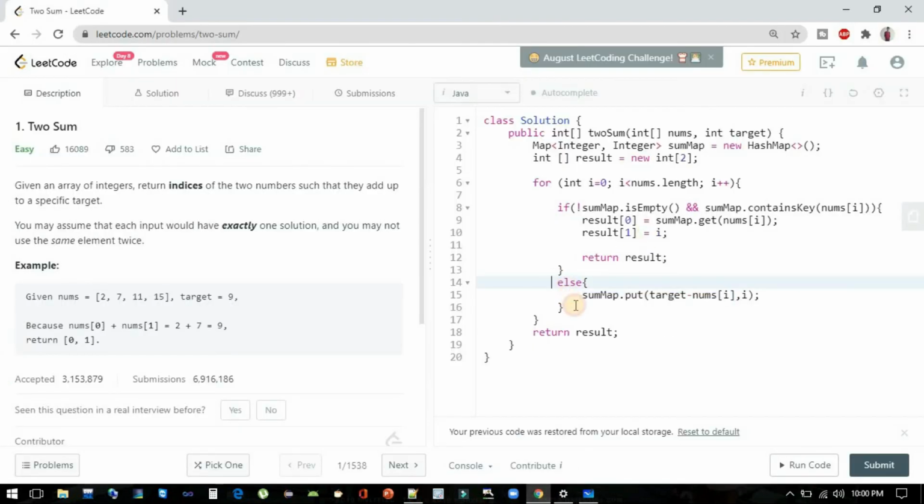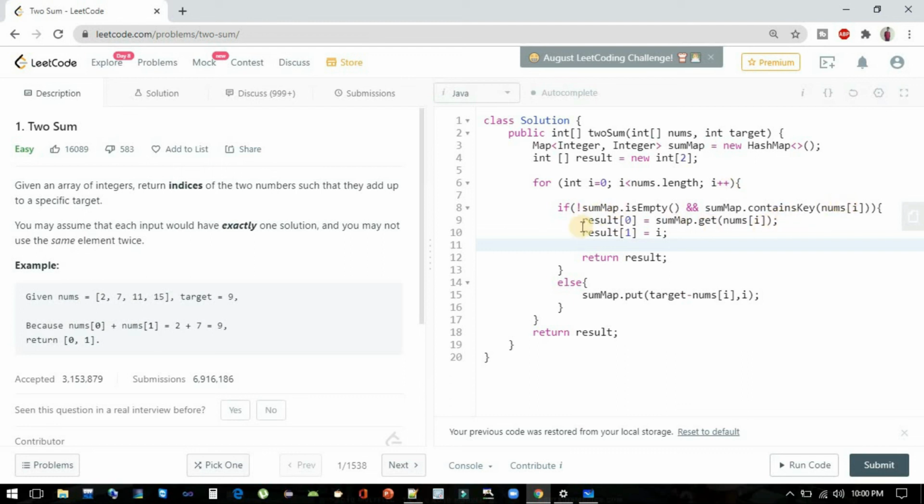So in the else part, we are basically putting the key and value into our map, and in the if part we are checking whether we already have that subtracted value in our map, right?